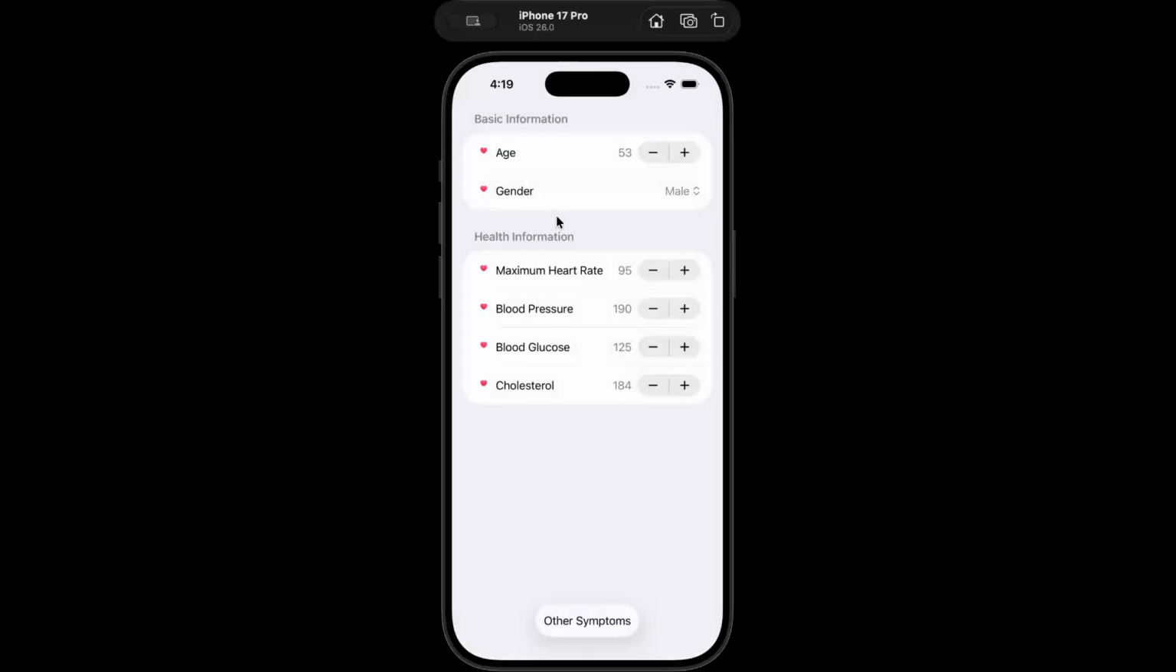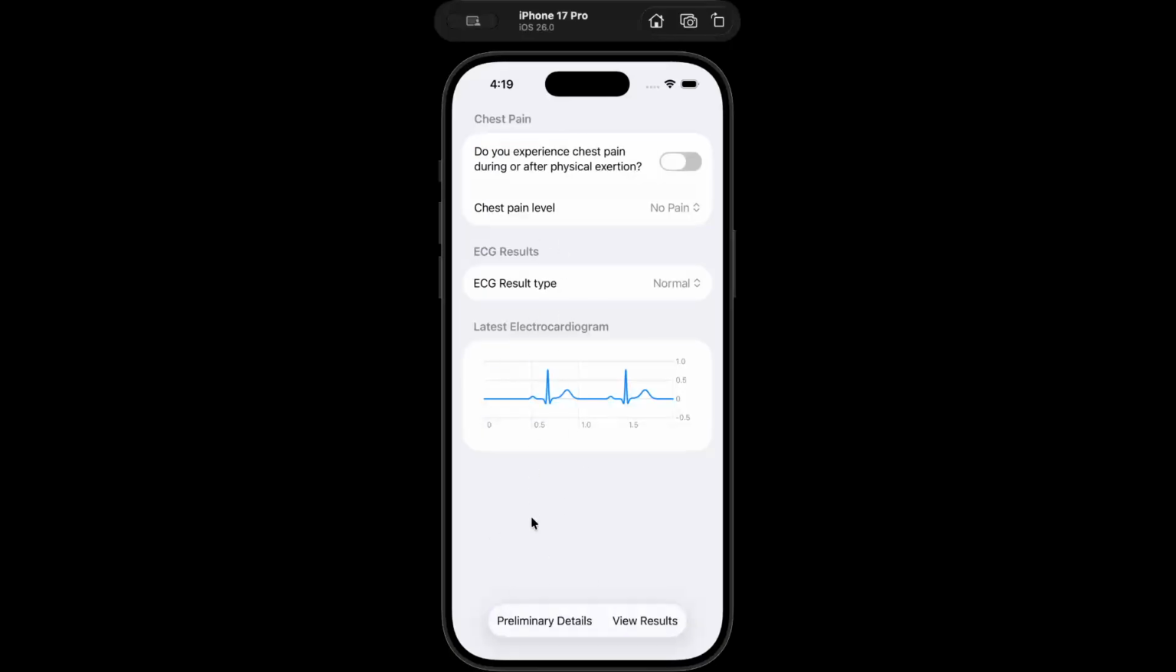Once you allow it to read all of that, it brings you to the basic information page where you can enter in all of these things, but most of it, or all of it, is already filled out by the app using your health data to make it a little bit easier. Then, if you click on other symptoms, if that's all right, then it'll bring you to the next page, which